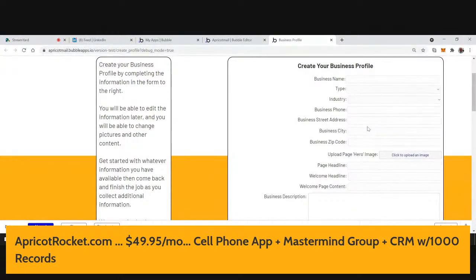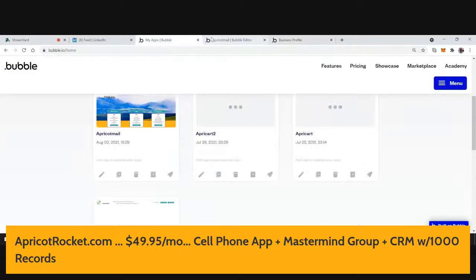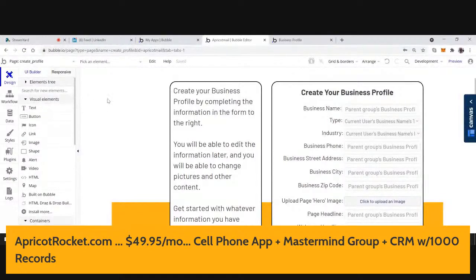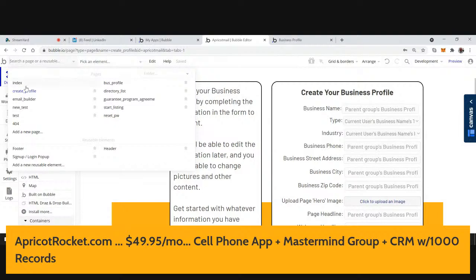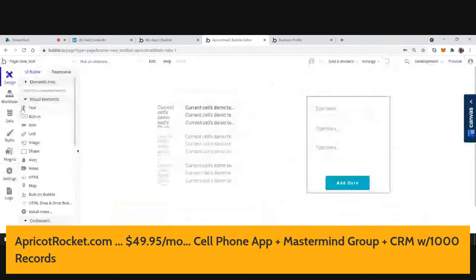Now, the information goes into the database. And so we're going to come back over to the editor. Last time I created, I think it's called test. Maybe it's new test. Here we go.